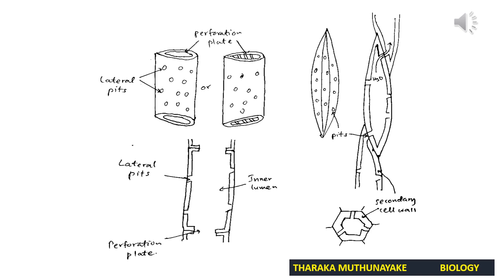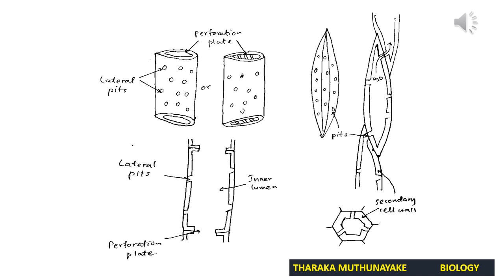Okay, among these vessel elements and tracheids, we said earlier, the vessel element is the most adapted cell type for efficient conduction of water and mineral ions. So what are the adaptations of vessel elements for efficient conduction of water? If you go to the slide that we mentioned previously, those adaptations are indicated in red color. So here we will mention those. What are those adaptations for efficient conducting of water in vessel elements?